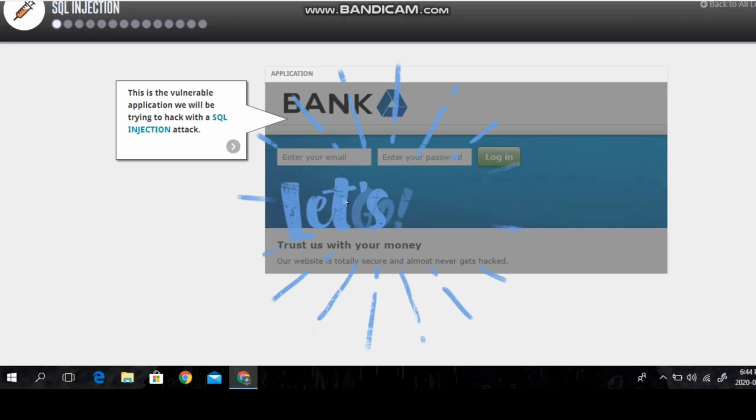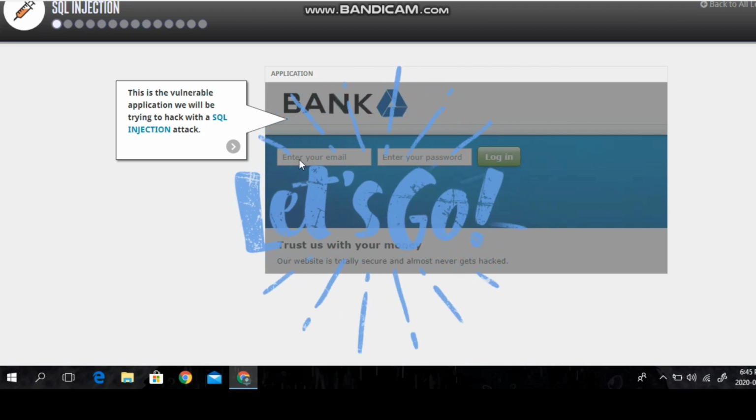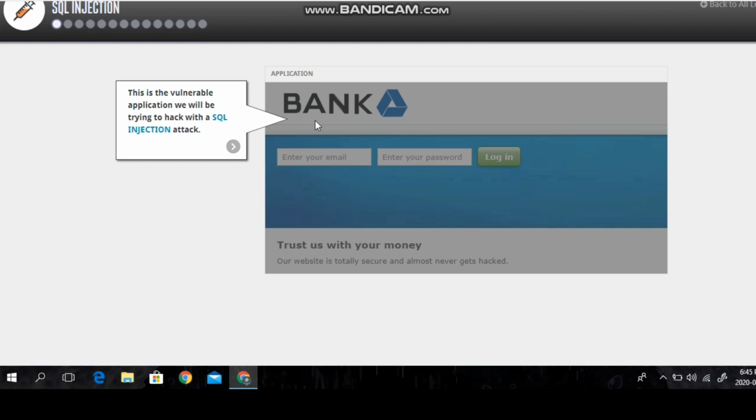Moving on, we will start with a proper example of a web application, like a bank website or any other website. If you have a vulnerable site in which you can perform SQL injection, then follow these steps. I'm pretty sure you will get the email ID and password, or you can directly log in through the admin portal. So let's get started. If you have a vulnerable application, let's try an SQL attack.